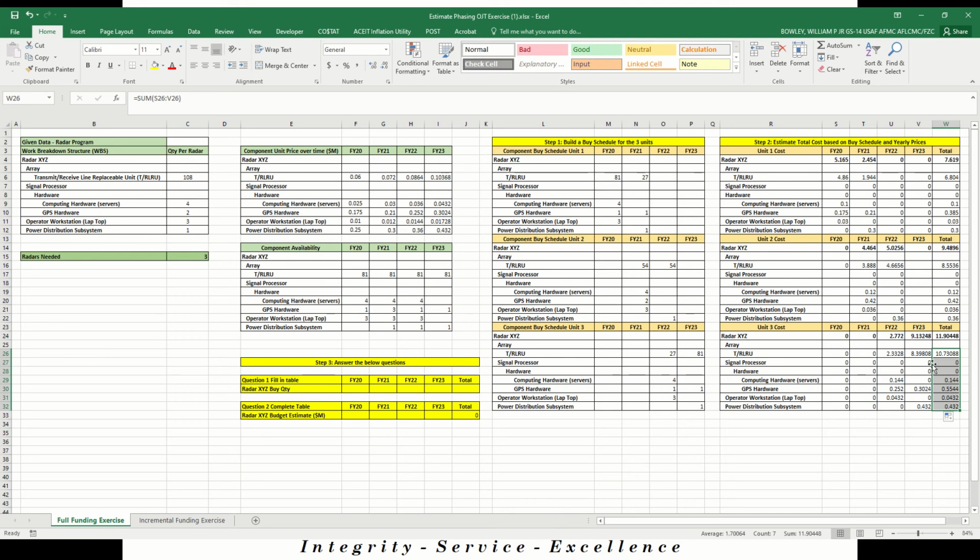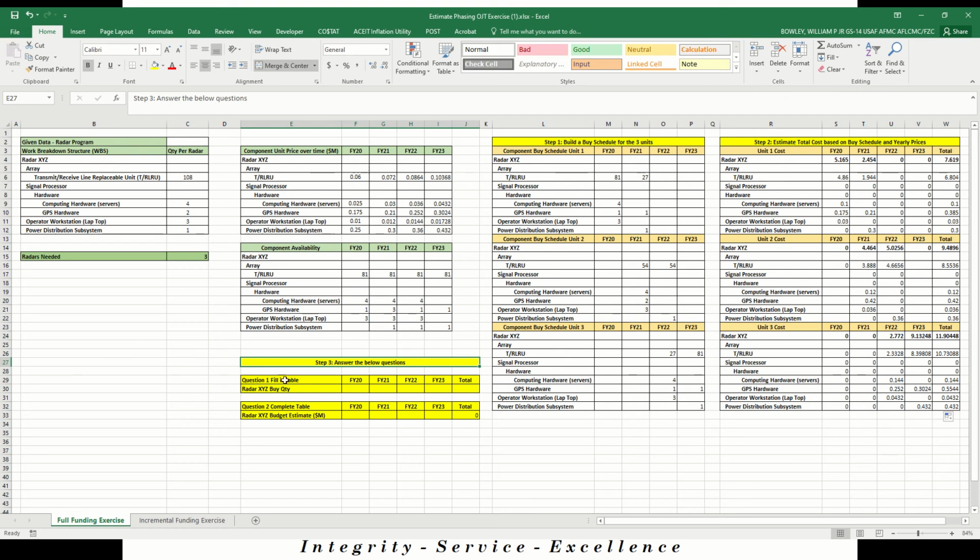We now have cost elements or cost estimates for those 3 components or 3 units that we're planning on purchasing. And you'll see here the costs align in the years in which the quantities are in order to make sure we're grabbing the right prices, because these could be pre-negotiated prices and we want to make sure we're providing the most accurate total cost for these units that we can. So we can move on to step number 3